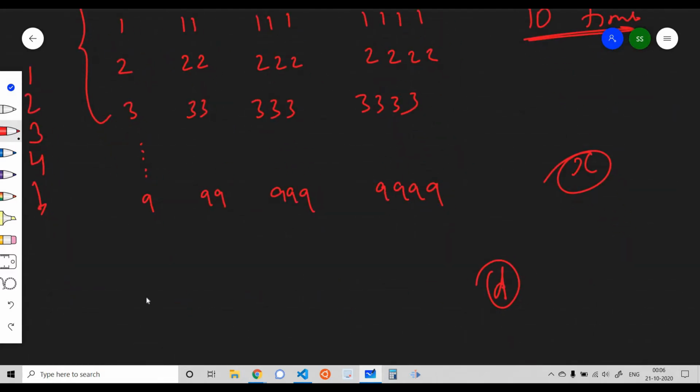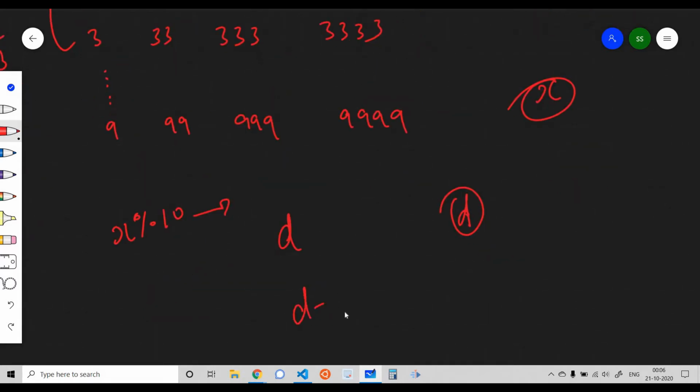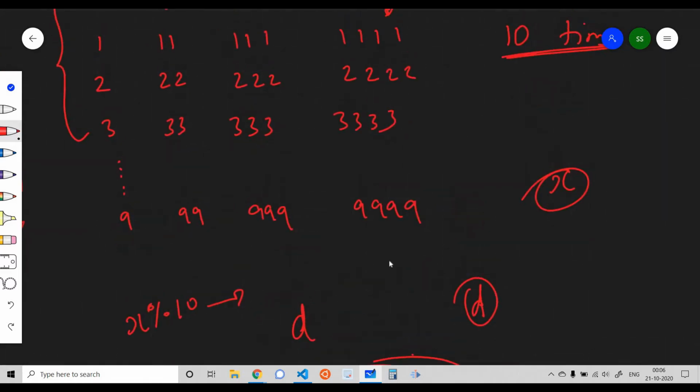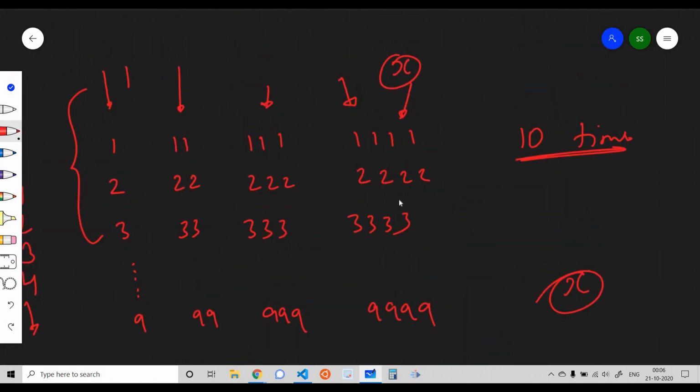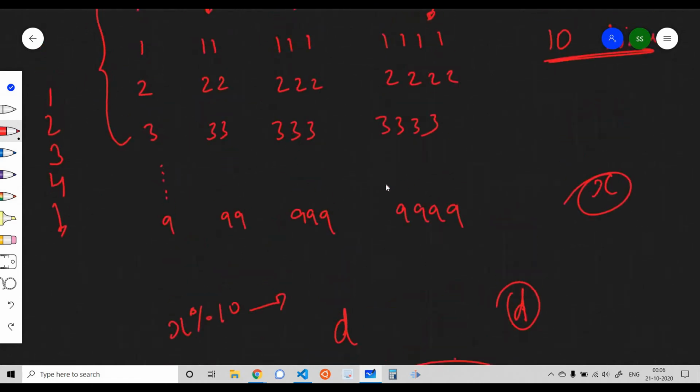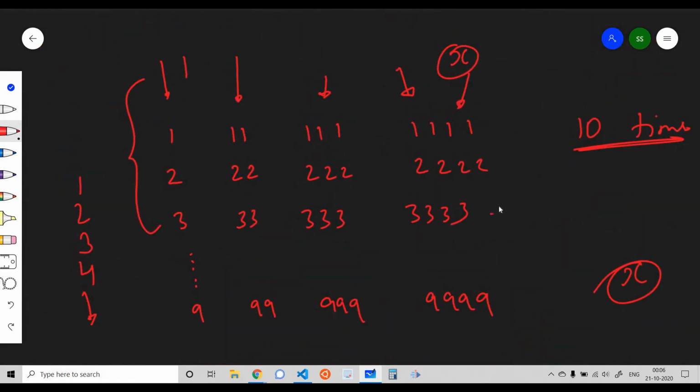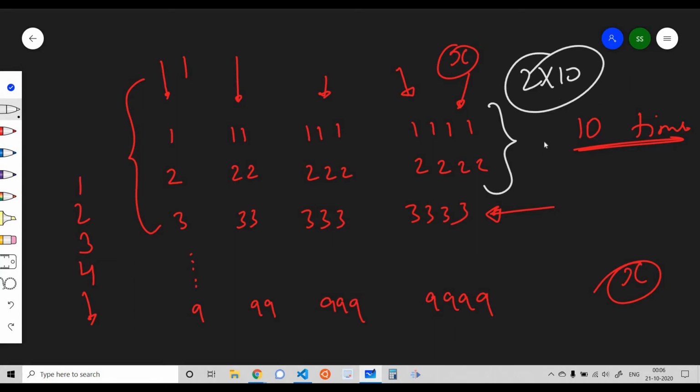We find the least significant digit of the number, which is x modulus 10, that is D. Then we do (D minus 1) into 10. It is equal to the number of key presses we have done to reach that row. Suppose I am talking about this particular row, then this is equal to 2 into 10. So we press 20 keys to reach this row.